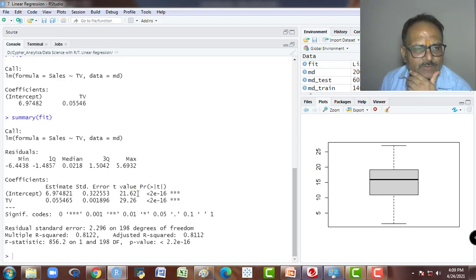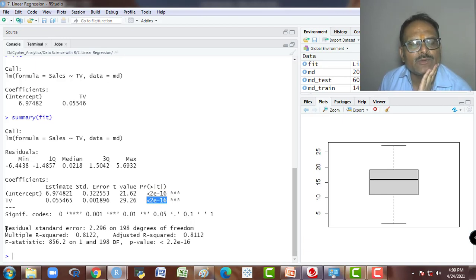This variable is significant, the intercept is also significant, and TV's variable is also significant. Here you see it is less than 2 into 10 to the power minus 16. So both of these are significant towards the target variable.